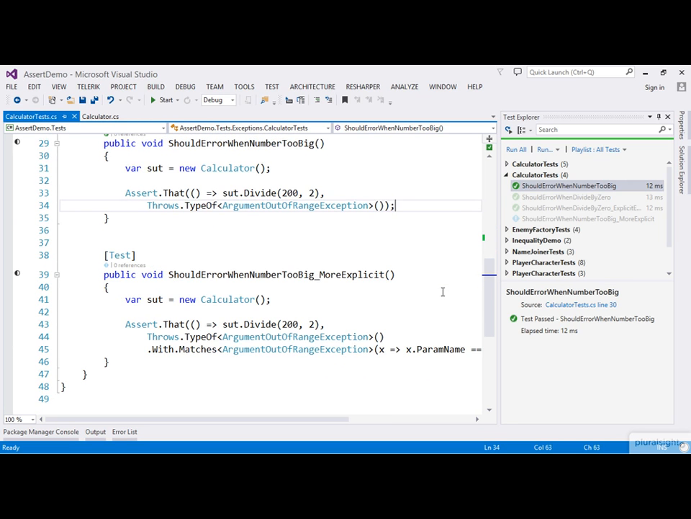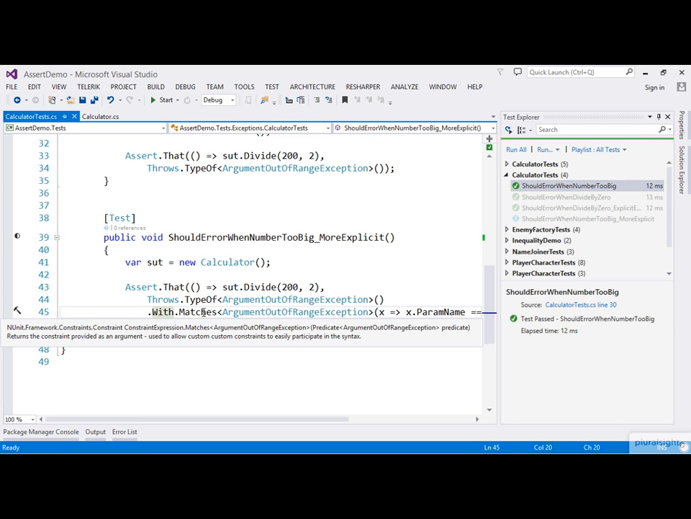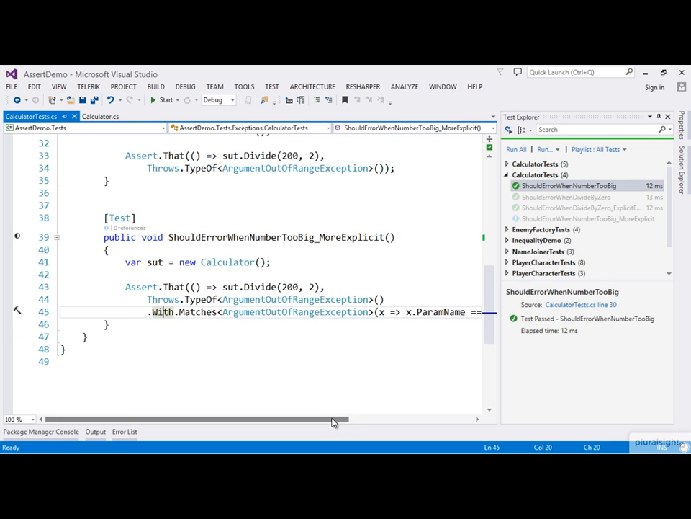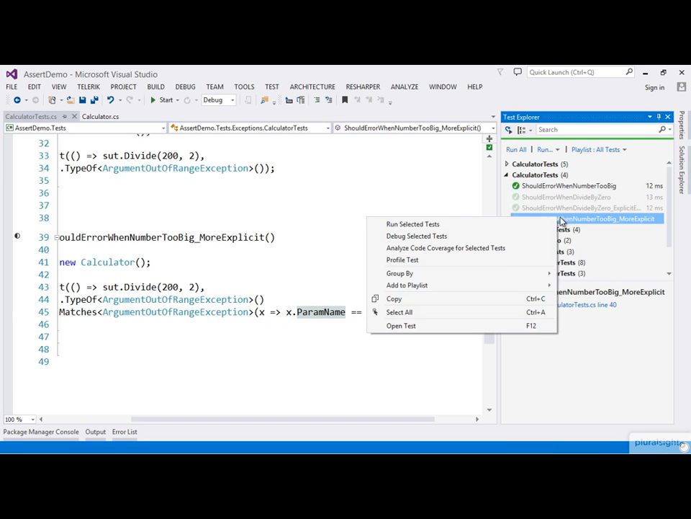So we can be more explicit still. We're going to divide 200 by 2 as before, and as before we're going to say throws type of argument out of range exception. But this time we're going to use some additional functionality from NUnit using the .with property here. We're going to add an additional constraint, and here we're going to use this matches method, which allows us to specify a predicate. So here we're additionally checking that our argument out of range exception, represented by this x parameter here, has a parameter name of value. So if we run this, it's going to fail